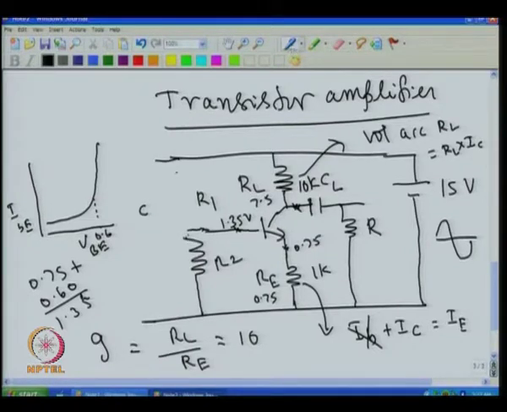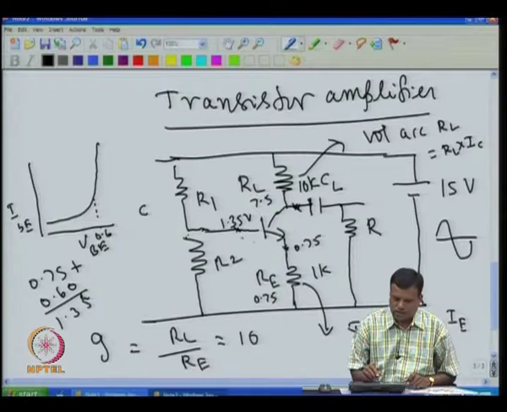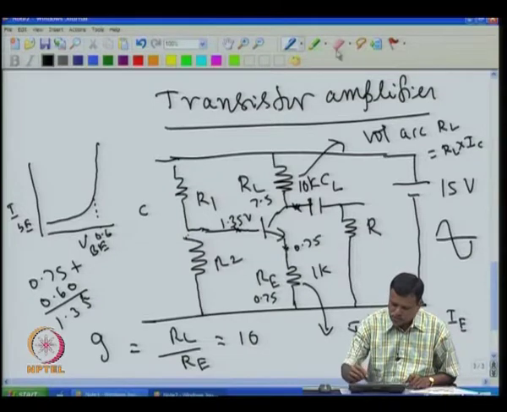Now, to keep 1.35, what values do I select for R1 and R2? Originally we assumed that the base current is negligible, we can continue to assume that, but actually we know this current is this voltage 0.75 across this 1K, so a current of 0.75 milliampere is going, and then automatically we can know the base current, because the emitter current and base current differ by HFE times, that is beta times. If I take beta as 100 for this transistor,